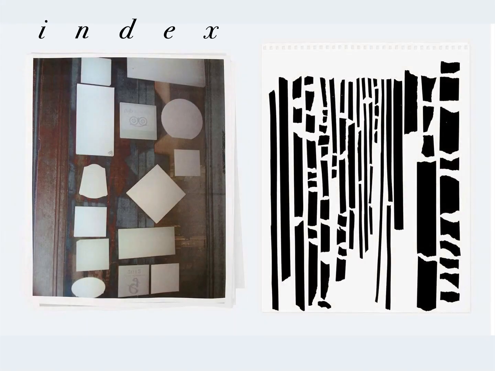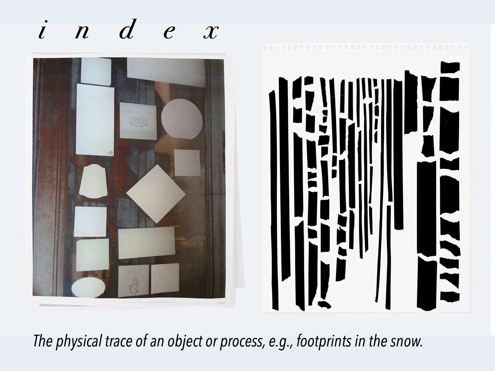Okay, this is one of my favorites, and we don't think about this too often. This comes back to that idea of the human element. Drawing can be an index, and index in this context means the physical trace of an object or process. And I give an example here, footprints in the snow. So it's not an inscription that's permanent often. It can be very temporary, but especially when we think about the human element, evidence of the hand of a person's body and their physical presence is something that drawing does, just innately, on a base level.